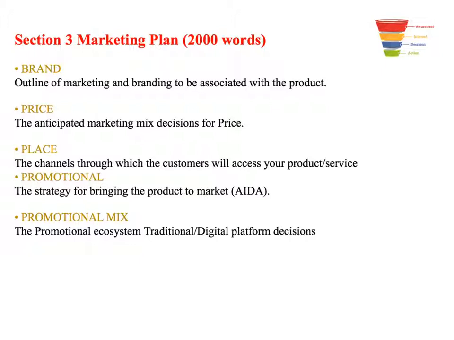I want you to think about that AIDA process, and I want you to think about what strategies you may need to engage with your customers at each stage, and particularly what type of strategies, tactics you're going to use on different platforms. So the AIDA framework kind of gives you a little structure. You then need to make a decision at each stage of driving a customer from not knowing about your product to purchasing and repurchasing your product. What are you going to do to generate awareness, interest, desire, action?